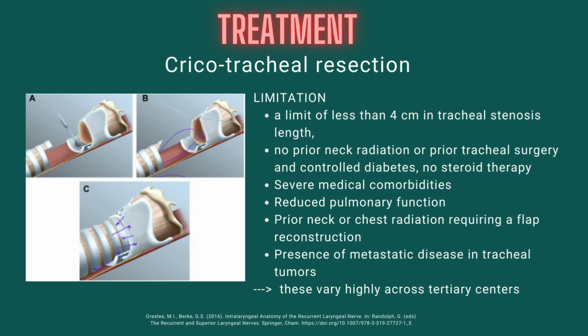There are a lot of limitations before the patient can get to surgery, because this is obviously a very extensive procedure with high complication rates, and so it's mostly performed in tertiary care centers in experienced hands. Even so, there's a limit of less than 4 centimeters in tracheal stenosis length before the surgeon can remove this,